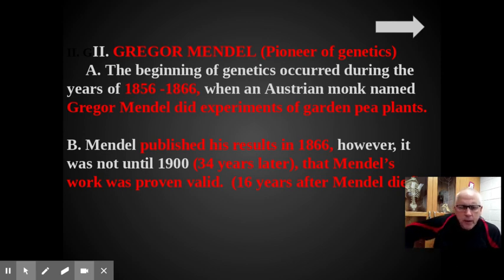It didn't become really famous until 34 years after that and 16 years after he died, which is kind of ironic. But I don't think fame and fortune, he was a monk. They live a pretty humble existence. But it's pretty amazing that he came up with these theories clear back in the 1800s, and we're still talking about him today. A lot of textbooks are named after Gregor Mendel. He is well known in the realm of genetics.